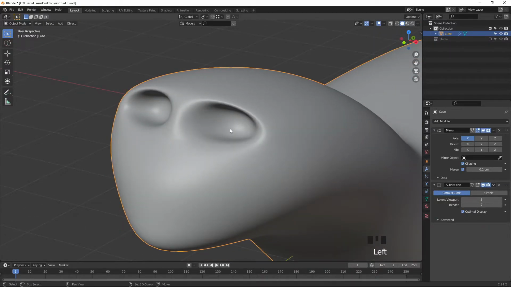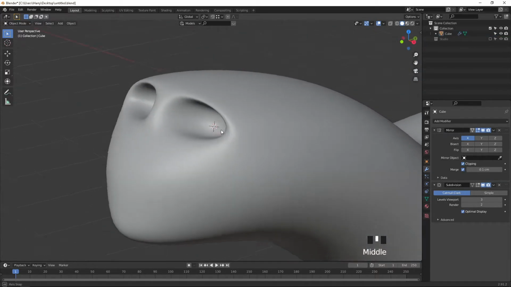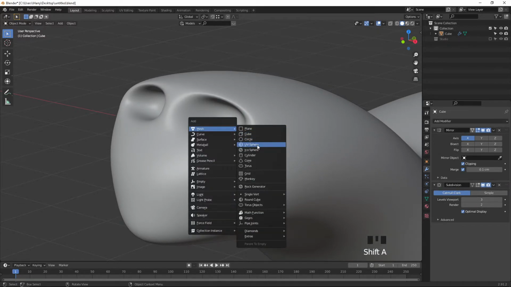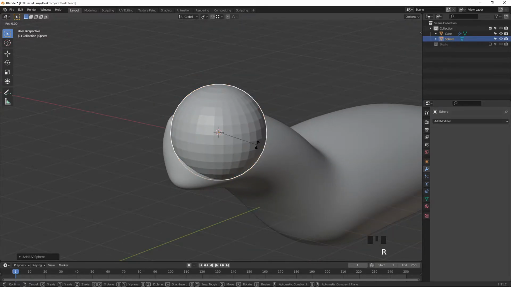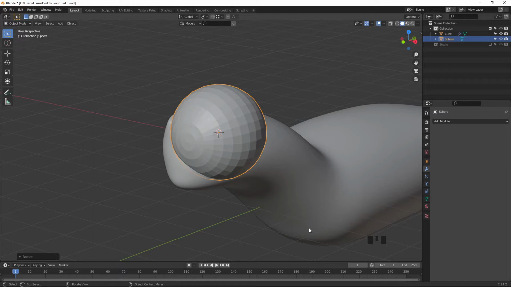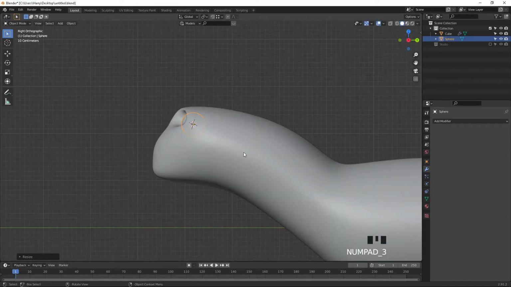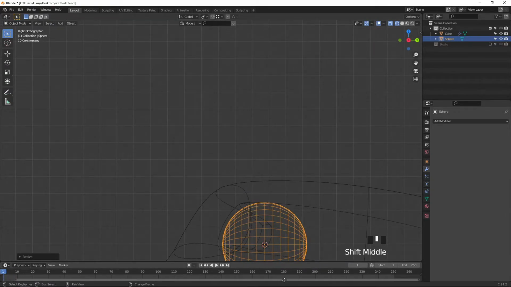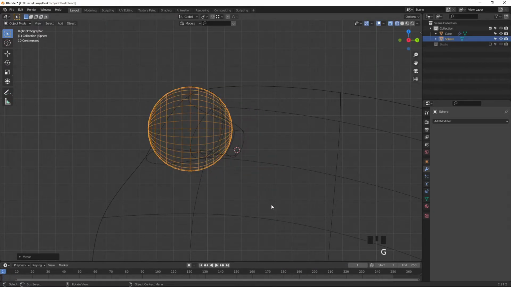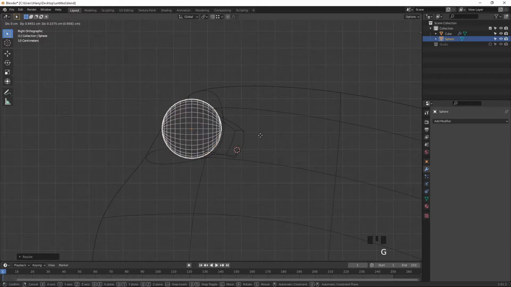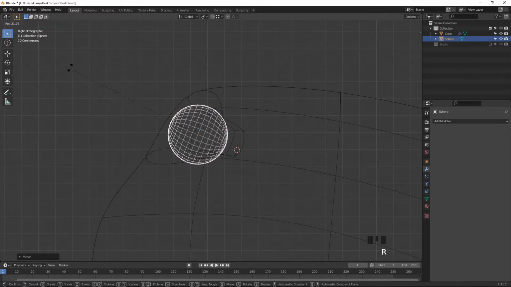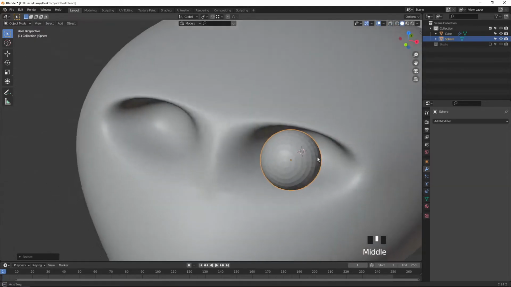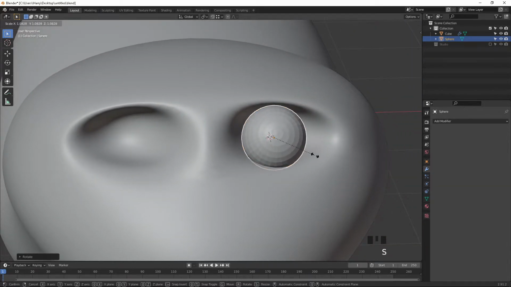Press right click and Shift right click to move the cursor to the 3D here. Press Shift A and create a sphere, rotate it in X, press R X 90 to rotate like this angle, and scale it down. Press 3 on the keyboard, Shift Z, and we are going to align as per the requirement. Press S to scale and G to move here. Press R to rotate like this, Shift Z. Okay, scale it slightly down. Okay, fine.